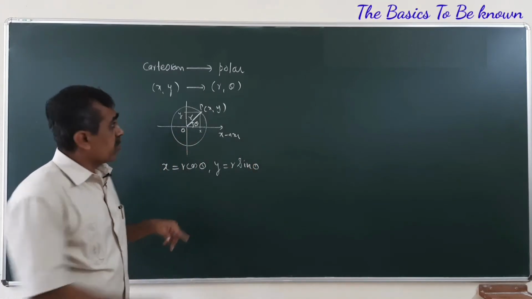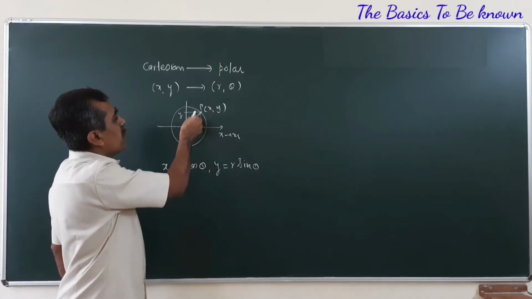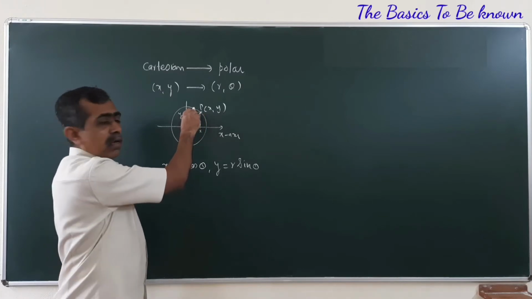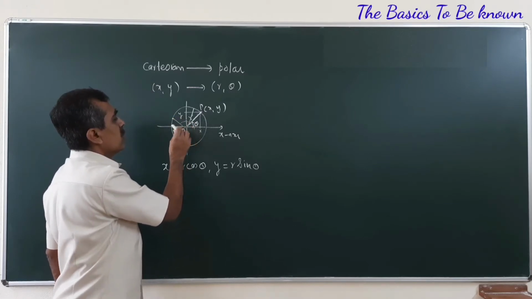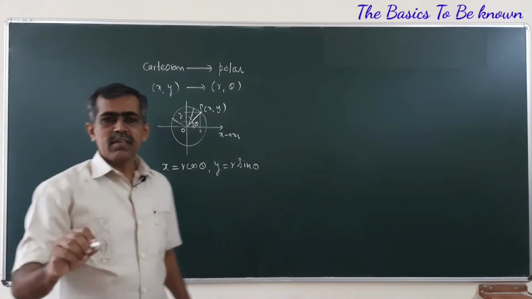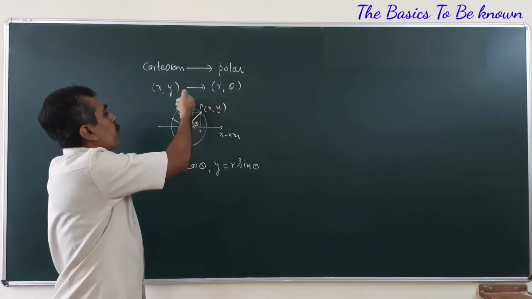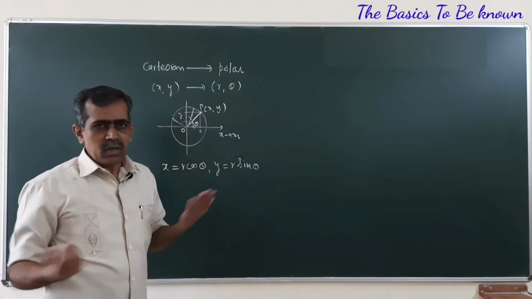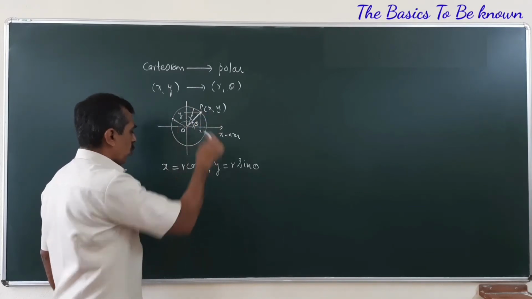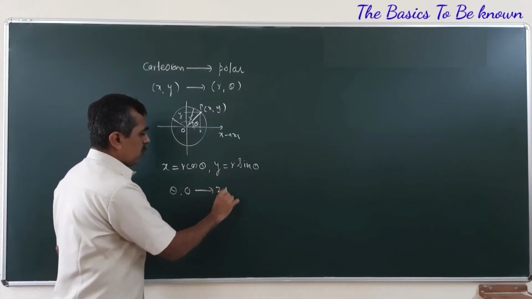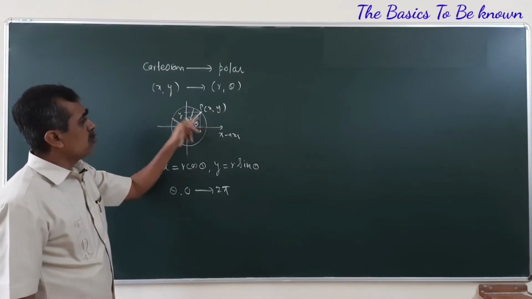If I want to describe all the points on the circle, I move the point P from this place to this place, and only its angle will go on changing. So theta is important here. As theta varies, the position of point P changes. If your point P moves throughout the circle, for the whole circle theta will vary from 0 to 2 pi. If theta moves in the first quadrant only, then theta is 0 to pi by 2.